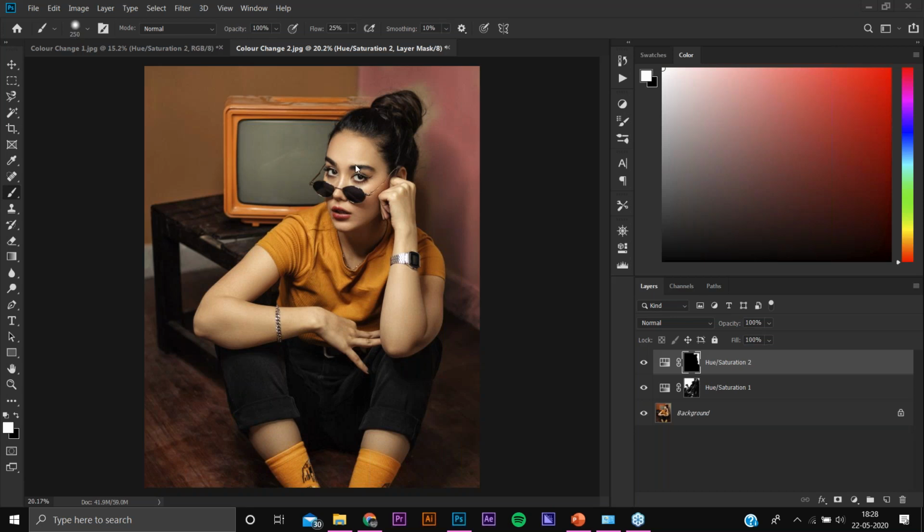So now we can see that I have selected most probably the pink color. Select the brush, do the later part of it.